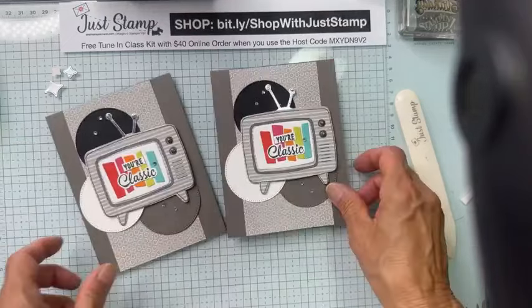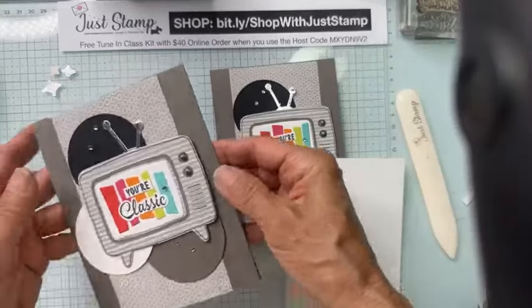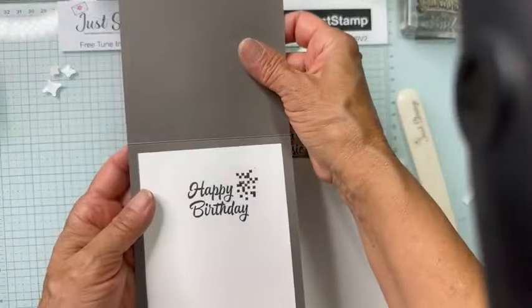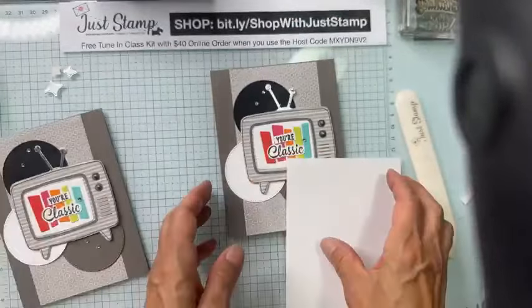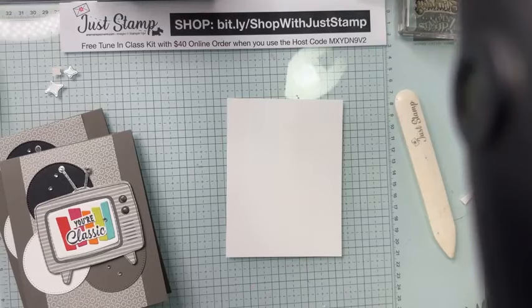Oh, we need an insert, right? Okay, so there's my insert. And what did I stamp on the inside? Happy birthday with those little digital squares. So let's get our